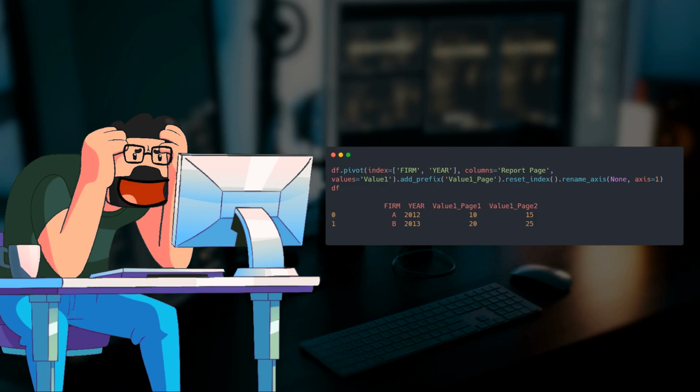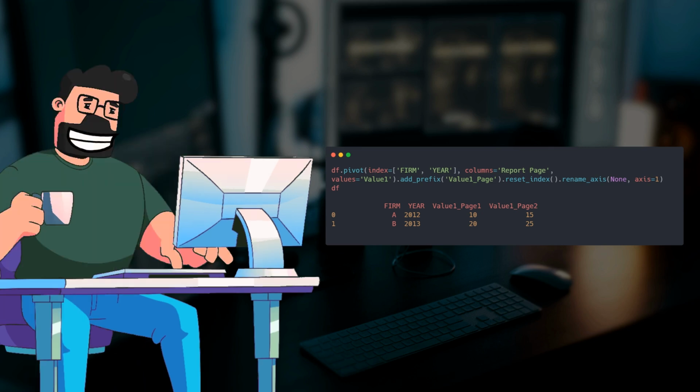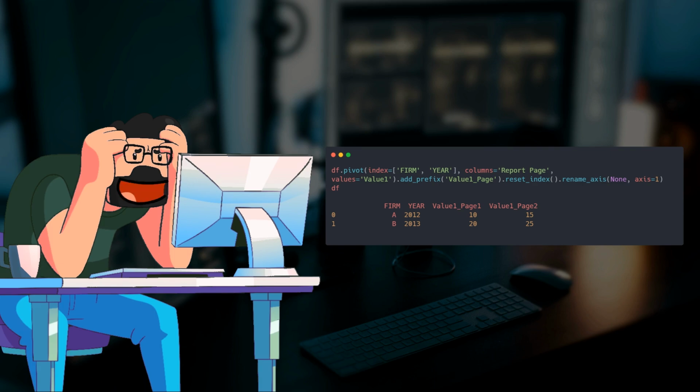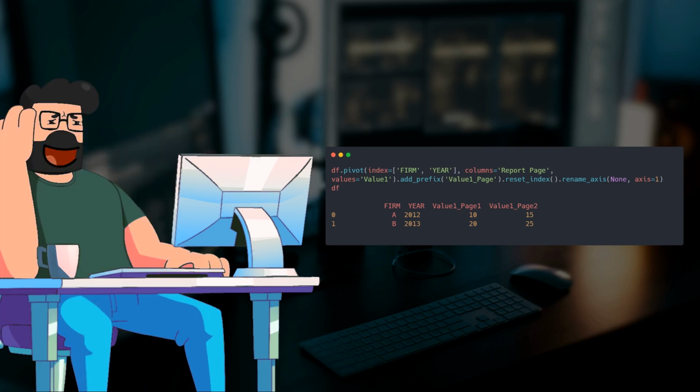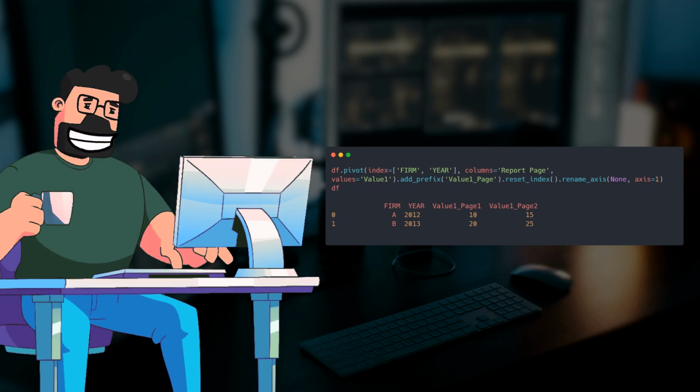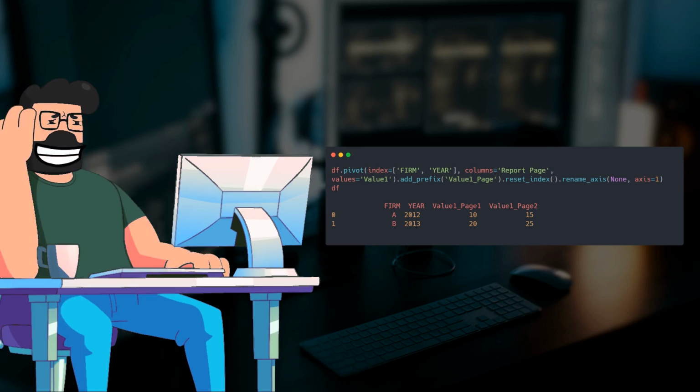The key to solving this lies in utilizing the Pandas library and its handy function, pivot. By applying the provided code snippet, we can effectively pivot the data based on the firm, year, and report page columns, while extracting and renaming the respective value1 values. This process enables us to restructure the data in a more meaningful way, ultimately making it easier to analyze and